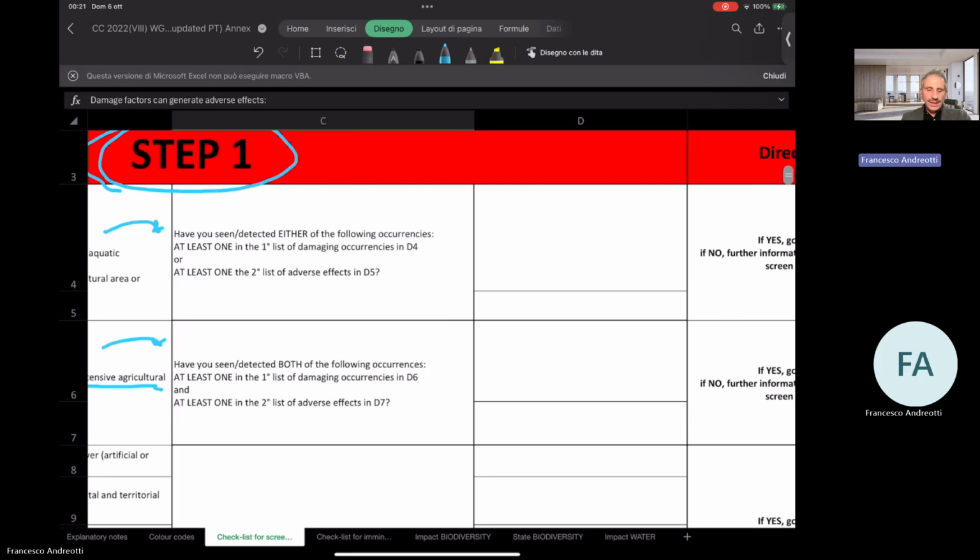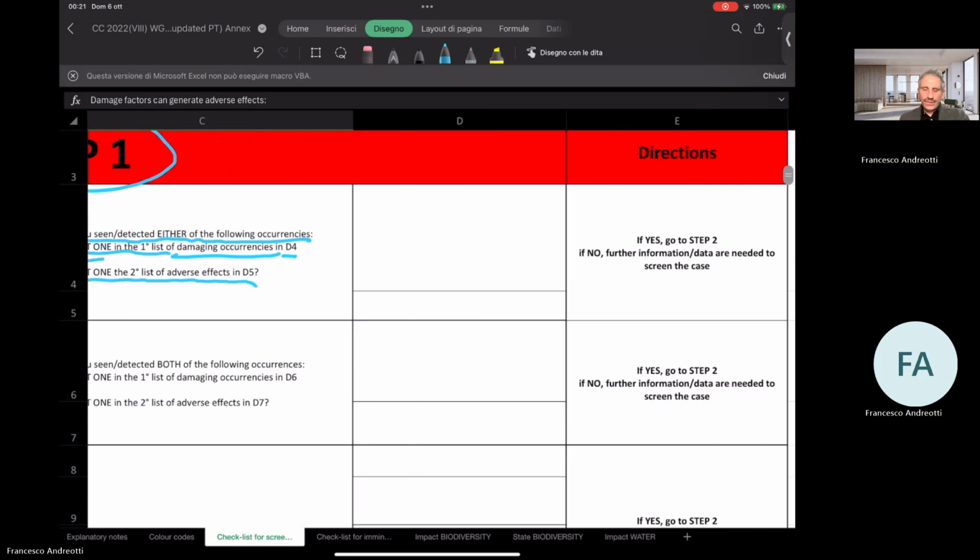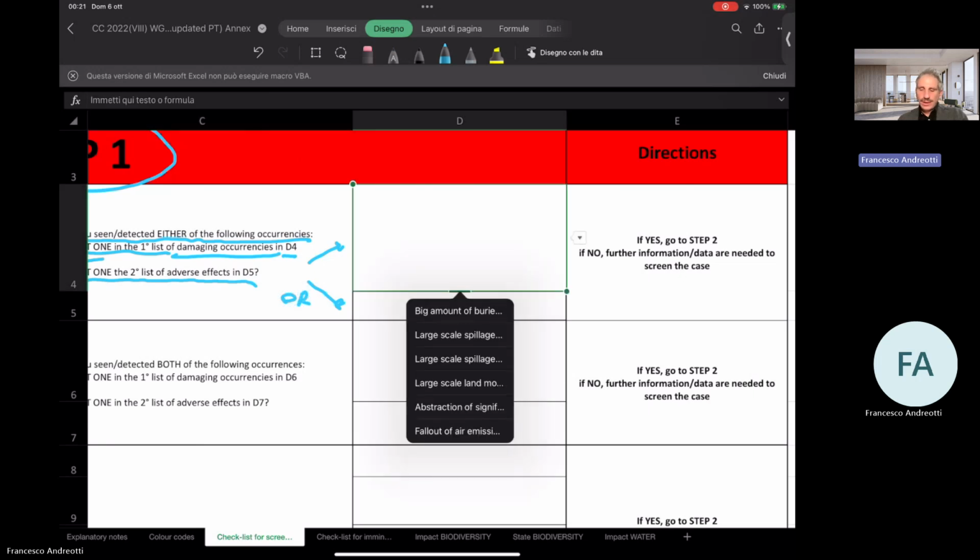Why? Because in this first question, you will read, have you seen or detected either of the following occurrences? At least one in the first list of damaging occurrences in D4, or at least one of the second list of adverse effects in D5. So the first question in the first case has an "or". So if you find one of those listed in this drop-down list,